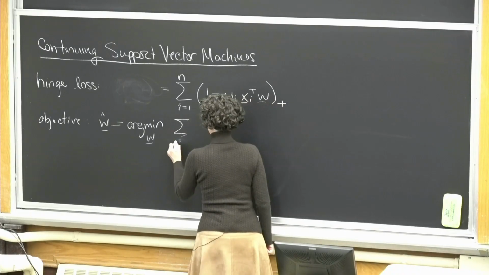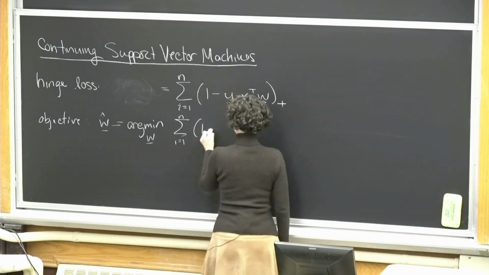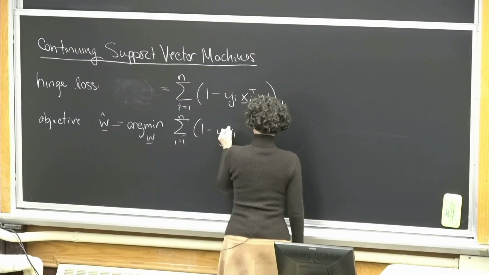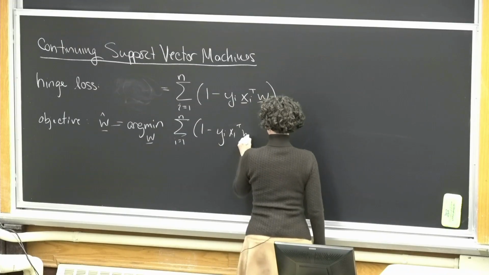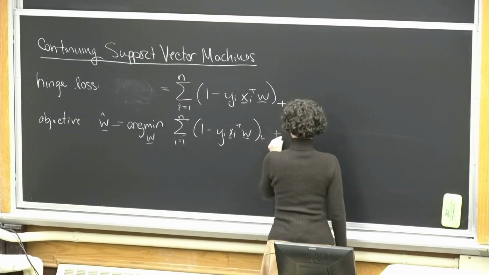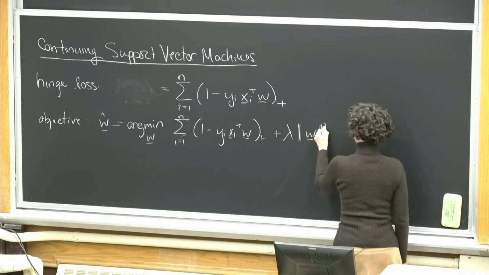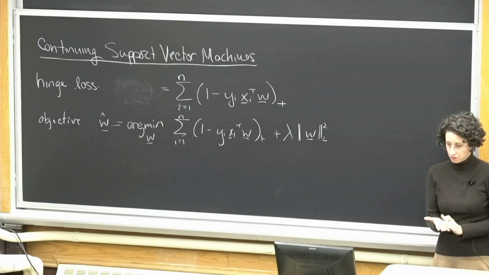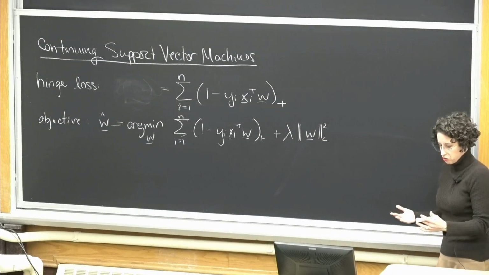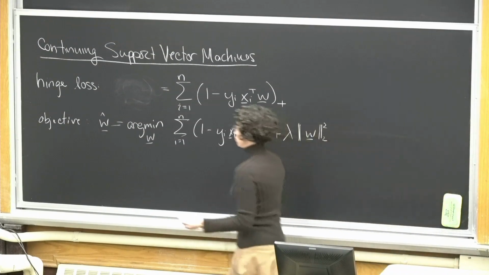So minimize sum i equals 1 to n, 1 minus... So we have some regularization parameter lambda times the sum of the squares of all of the weights. And we can also do a kernelized version